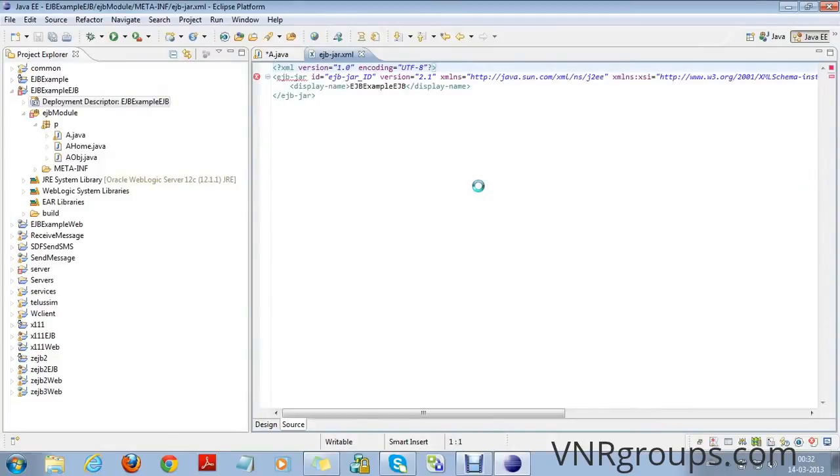Now in the deployment descriptor named ejb-jar.xml, we will declare these classes and interfaces.